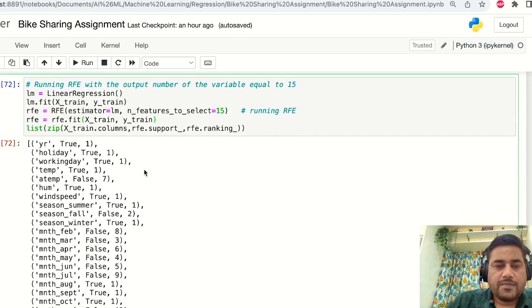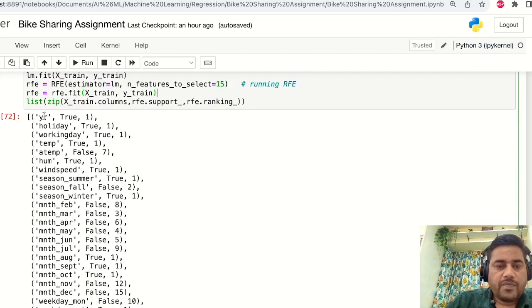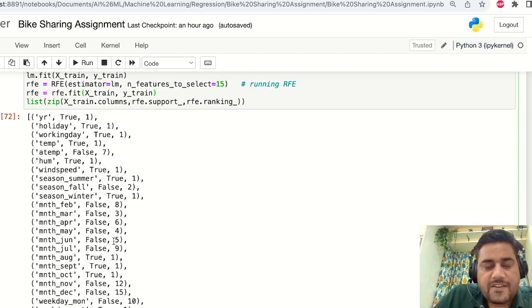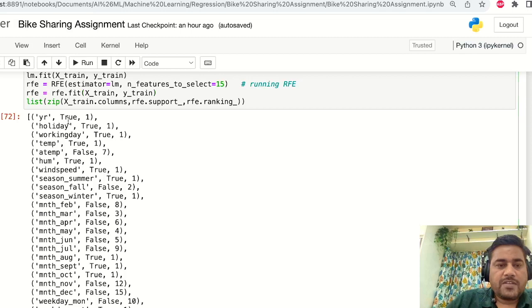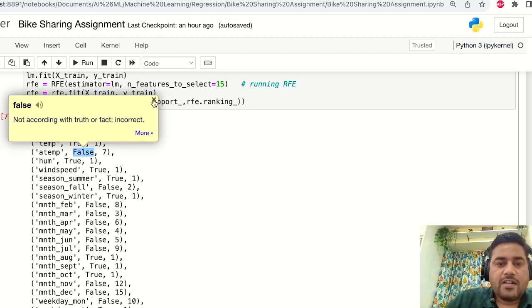which has 15 important features, and the rest are insignificant features. The features that are significant will be marked as True, and the third value will be marked as 1. For insignificant features, the second column value will be marked as False, and it will also assign a priority based on